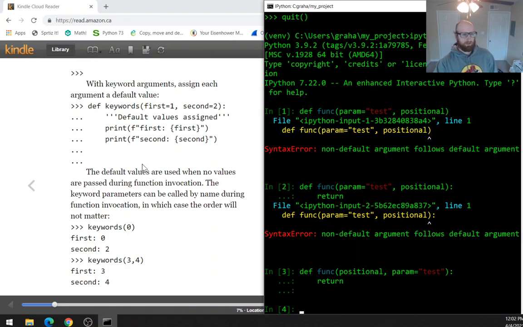The default values are used when no values are passed during function invocation. The keyword parameters can be called by name during function invocation, in which case the order will not matter. So if I set a default value, func, default equals hello world,